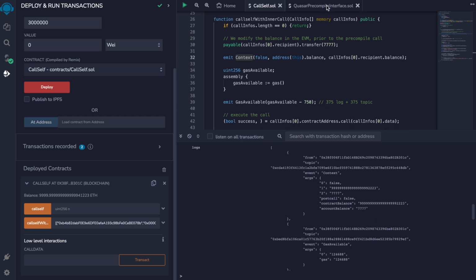So what happened before is the account received 7777 MITE tokens from this call, and we can see this reflected in the logs. The contract balance was subtracted and the account balance has received these tokens.